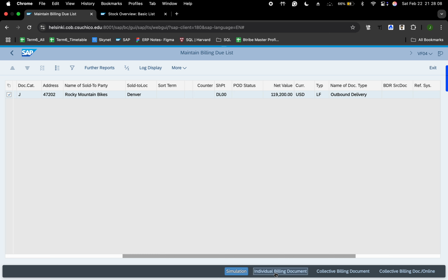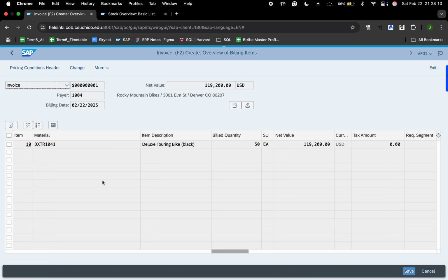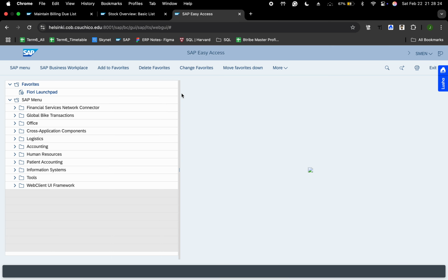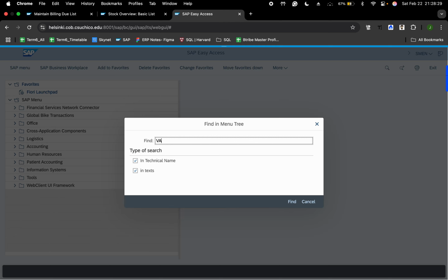We'll create an individual billing document, and without making any further changes, we'll just hit save. The moment we hit save, we can see that document 9000034 has been saved. To check the document flow, we can use the shortcut VA03,